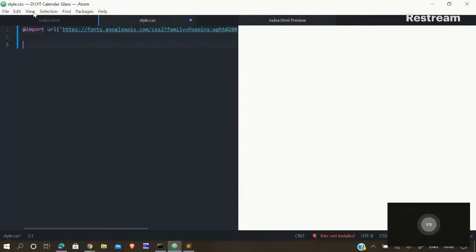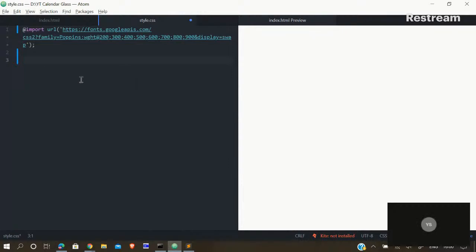Let me just toggle the soft wrap so that you can see the whole thing, because we might have something more also to this. Now asterisk means everything, so we are going to allow no margin, and no padding also, so padding of 0. And then we're going to create a box sizing, and we'll set this to border box. Okay, now after this we want the font family. The asterisk doesn't really affect most of your code, but yes, it does. So font family of